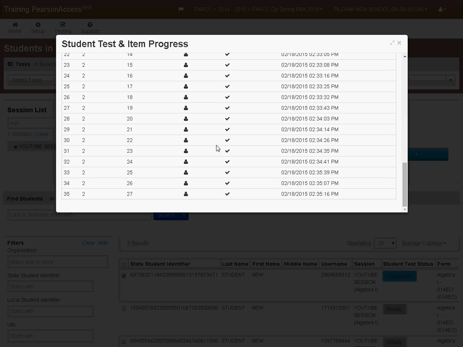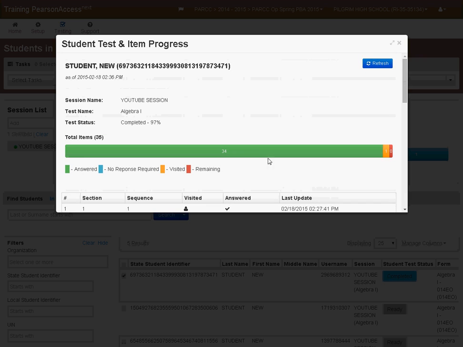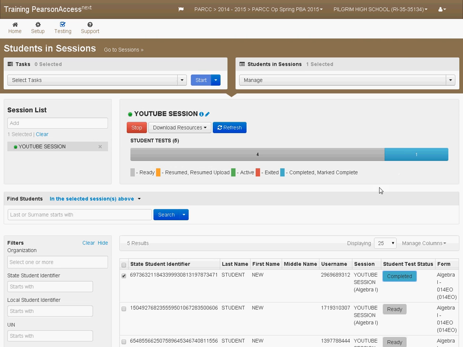So prior to submitting the final answers, students would be encouraged to go back and fill in any answers that they did not finish. That kind of sums up what will be required on the day of testing. You will not be required to stop the test. So from this point, your job would be done